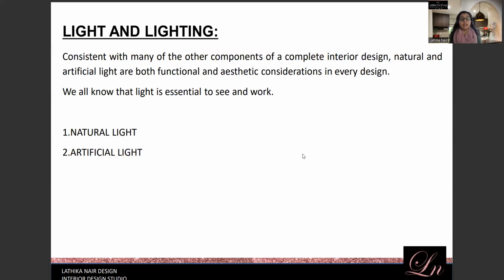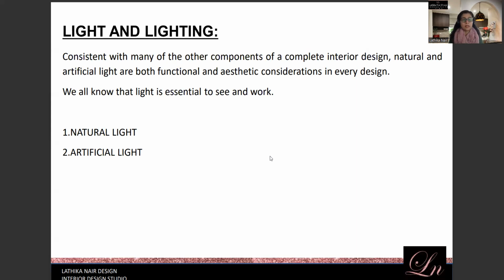So today we start on lighting. Now we all know the importance of light. You see things around you because of the light. So it is very important you understand what light is and what the different aspects are. This will help you when you're thinking about your space and give you more ideas on this.